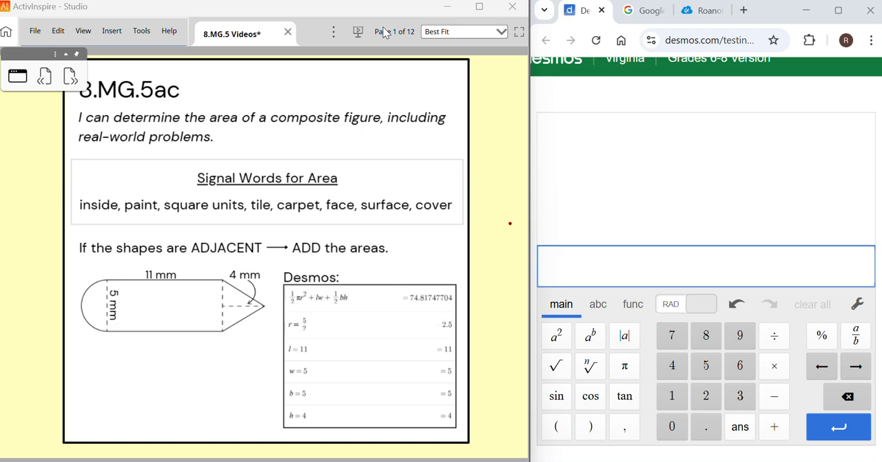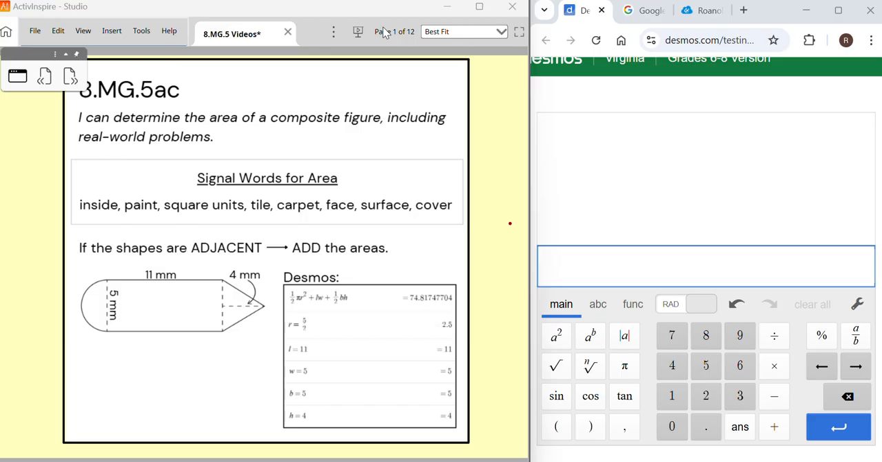Area of a composite figure, including real-world problems. The signal words you need to know for area are inside, paint, square units, tile, carpet, face, surface, or cover. If you have shapes that are adjacent to each other, that they are touching each other on the edges, then